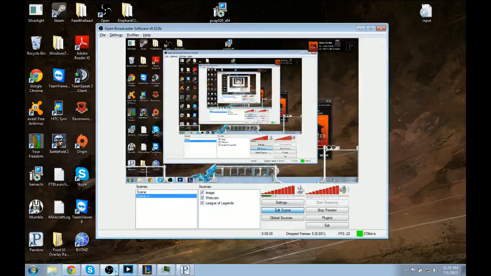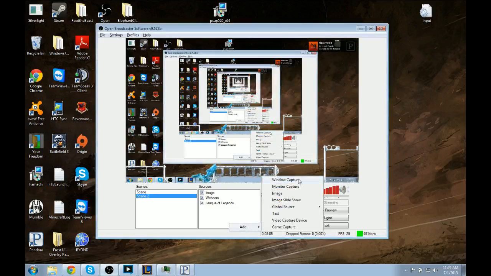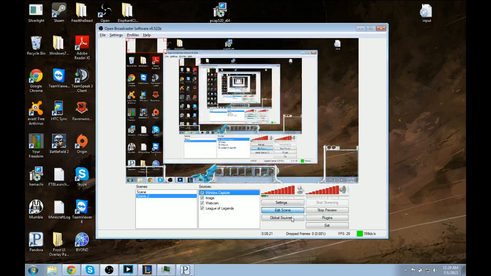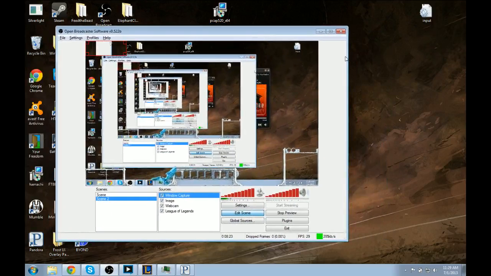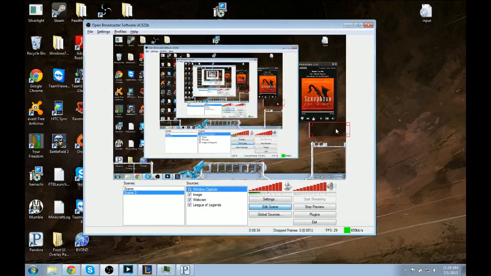We want OBS. Here's OBS. Add window capture. Pandora. And then you choose a subregion of Pandora. You would probably want the top or something. And then voila, you have Pandora. You have edit scene. You move that wherever you want. It doesn't work, unfortunately, on here because